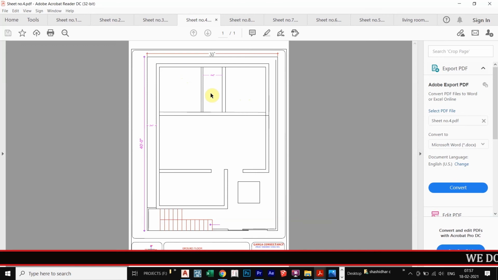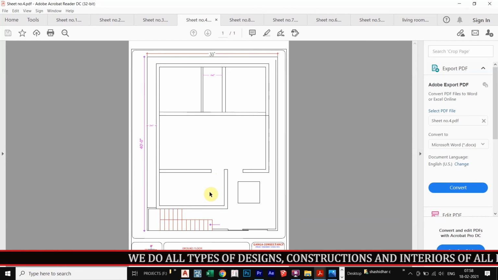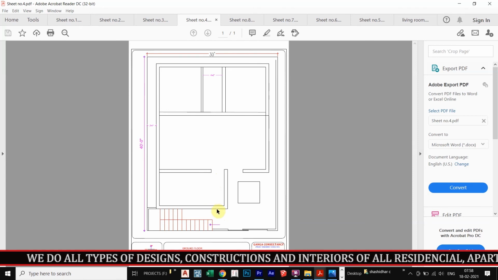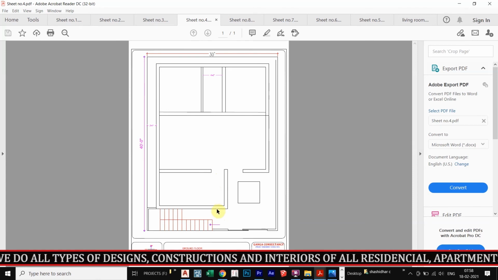Now the fifth step is, from the living room, I have to access the kitchen. I have to design the kitchen based on Vastu, and we have to provide very neat ventilation. So this is the ideal space, and as per Vastu also this is a very nice place to design the kitchen, and I can provide nice ventilation.